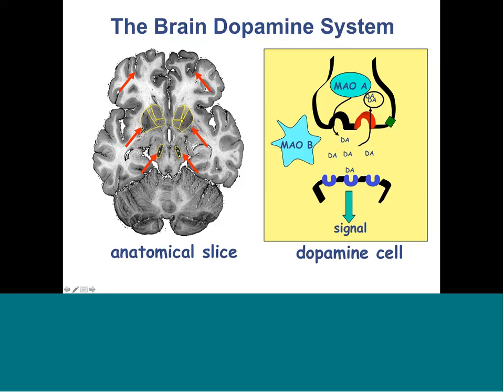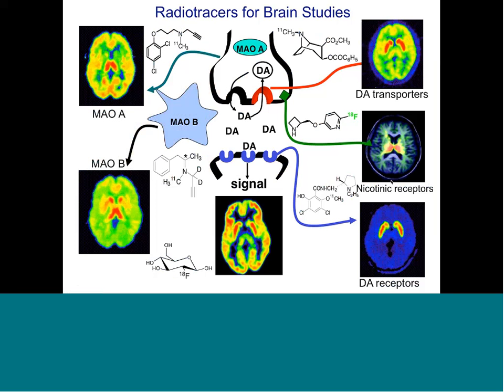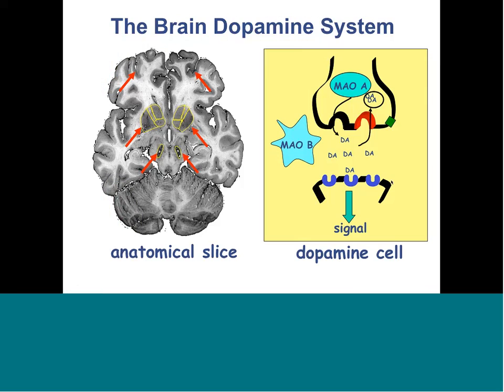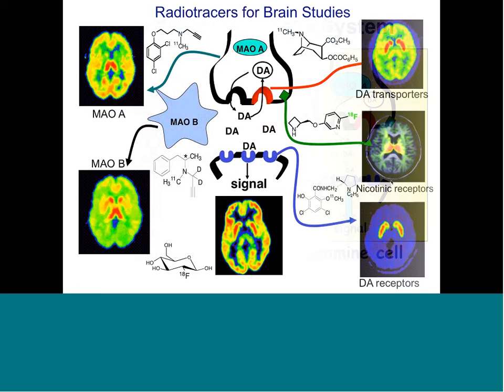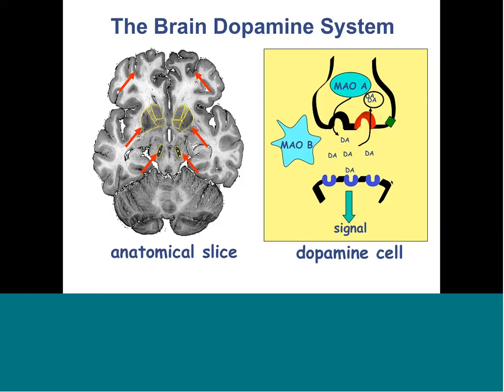So when the cell fires, it releases dopamine. Dopamine builds up in the synapse. It stimulates the receptors, which are shown in blue, and you get a signal, and the signal can be pleasure or movement. And so what's important here is